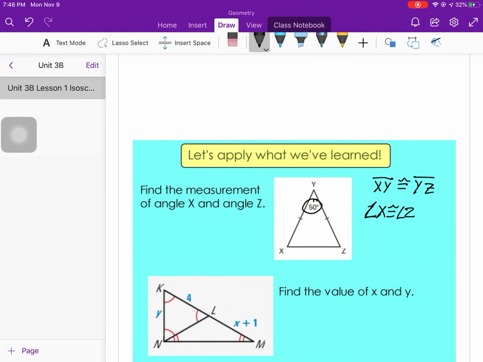If this is 50, well, it forces these two to be the exact same thing. So we could call this X if we wanted to, but the trick is, well, 50 is not the same as the other two. So what we can do is take 180, subtract 50, we get 130, and then if we cut that in half, since the other two angles are the same, we would get our final answer, which is 65. So they're both 65 degrees. And we can write that here. If we want to write it separately,